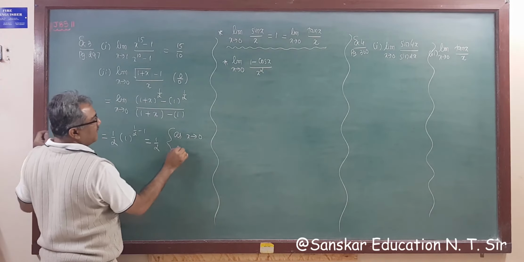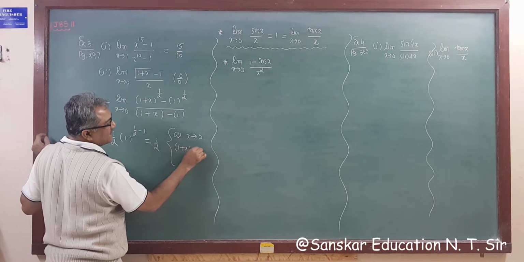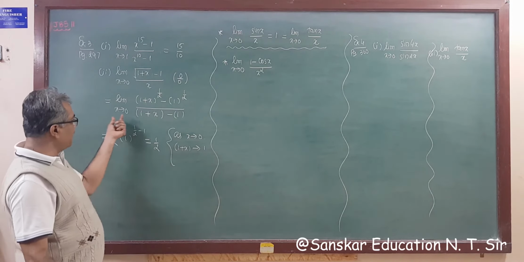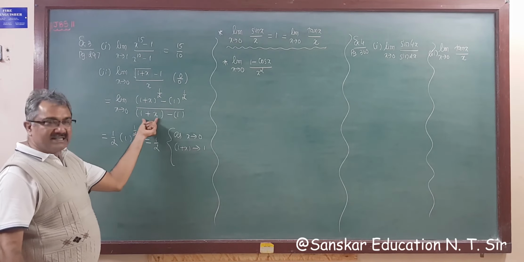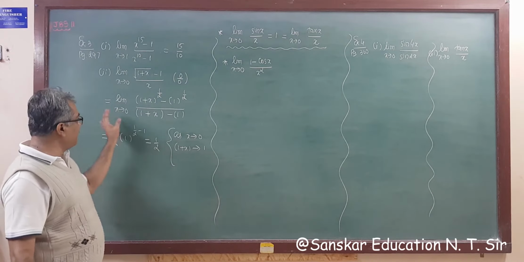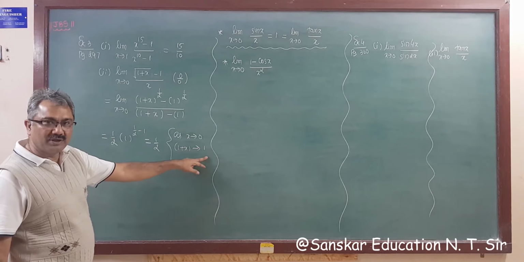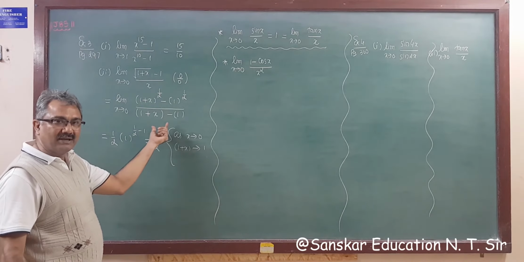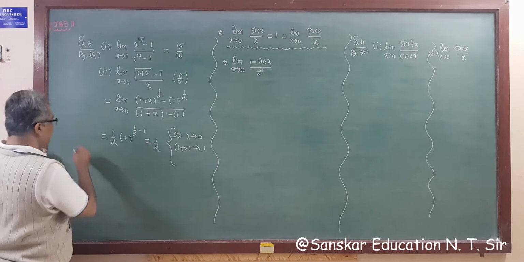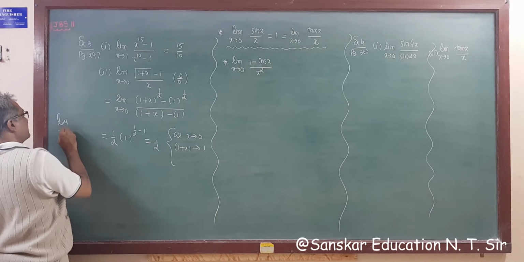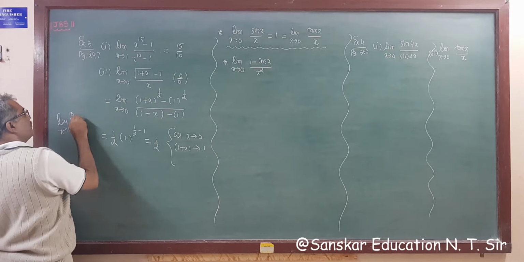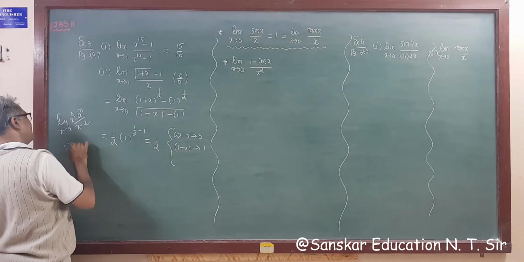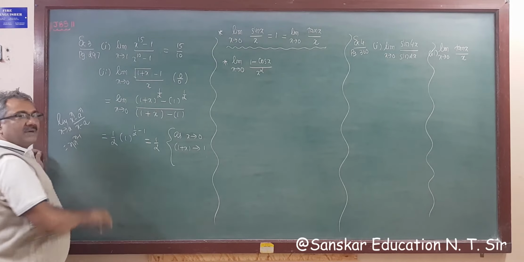If we add 1, then 1 plus x tends to 0 plus 1, which is 1. Adding 1 on both sides, we get our complete formula. This tends to 1. So limit 1 plus x tends to 1, right? The answer is half minus 1, raised to half. So this is your formula, right? This formula that you know: limit x tends to a of x raised to n minus a raised to n upon x minus a, then the answer is n a raised to n minus 1.